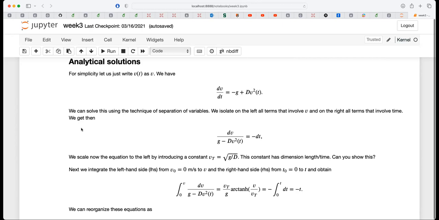So if the velocity is high, air resistance goes like velocity squared times a constant, d, which will depend on temperature, air density, etc., etc. So these are just phenomenological forces, which are derived from experimental observations. If it's falling slowly, it will go like minus d times the velocity.